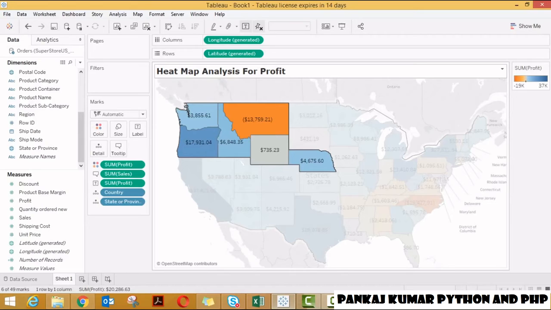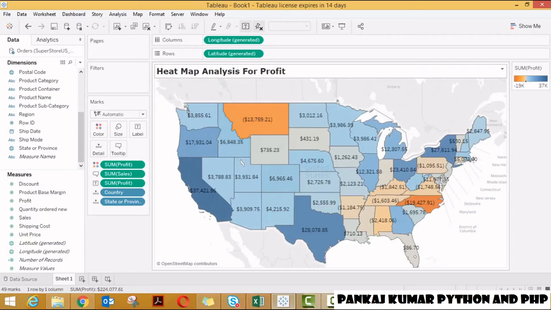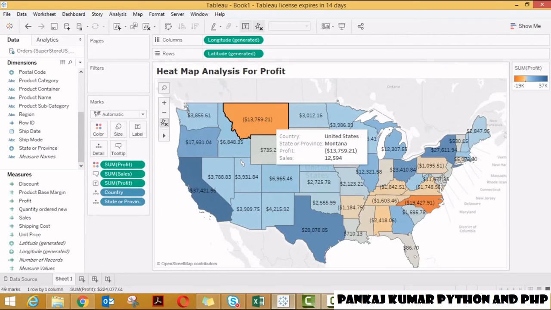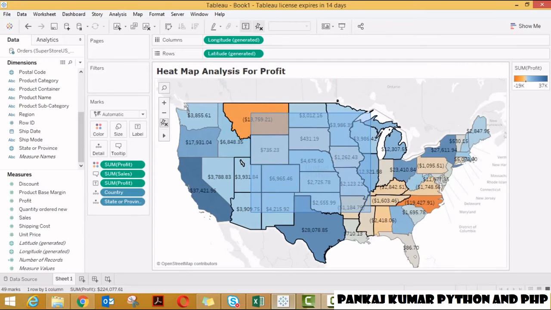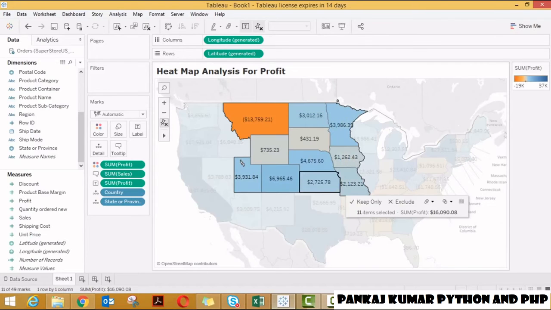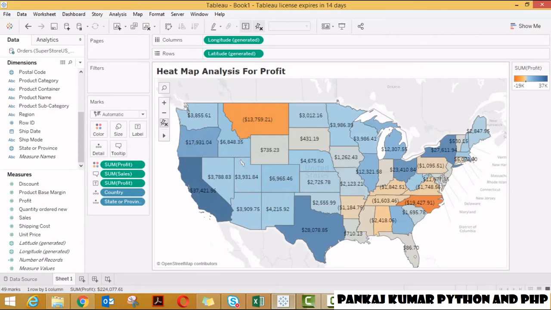Okay, so if you want to exclude this filter, just press escape. Same as here, you can use the rectangular box as well. You can just select the few states which you want to visualize. So these are the states which are in my focus. Okay, so guys, I'm just exiting from the selection. So these are the multiple options which help you to create interactive visualizations.